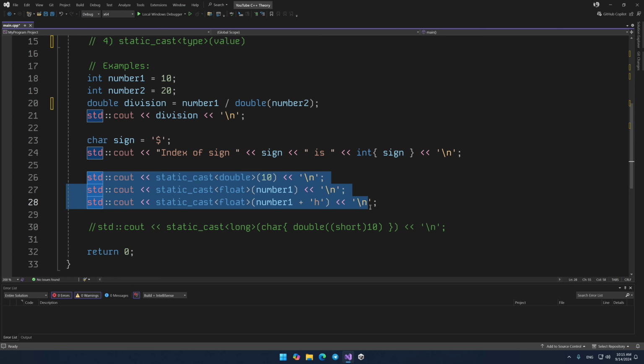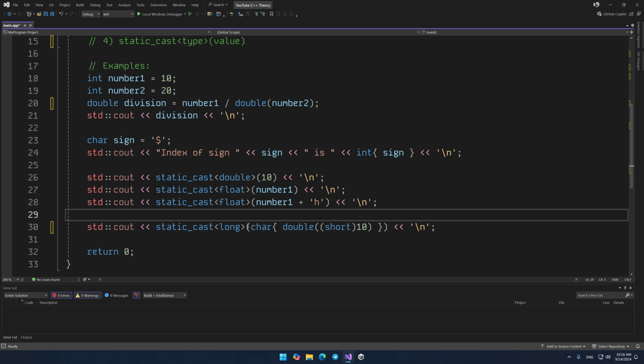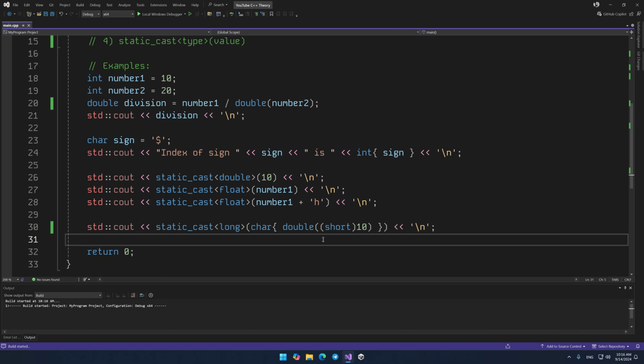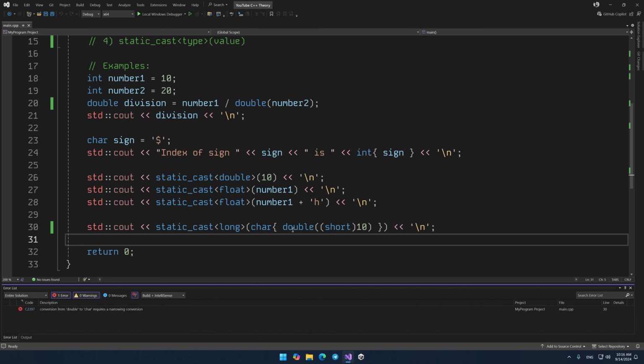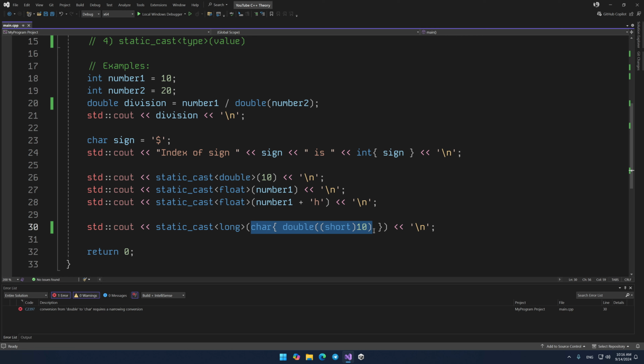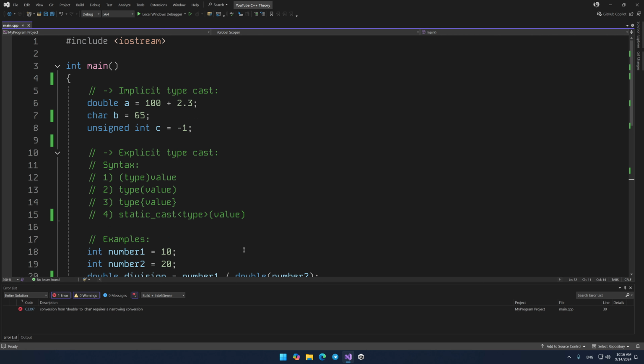In the third example, I show that you don't have to use explicit typecast only with variables. It can be literals, constants, and even expressions. Here, I wrote some code that showed that you can use explicit typecast on a value any number of times. Just don't get confused. There is a compile time error here because we used explicit typecast with a check, and the compiler saw that we were trying to cast a double to a char, and since the double can have a fractional part, the information can be lost during the typecast. We rarely ever use explicit typecasting, but it does occur in programming, and now you know more about it.